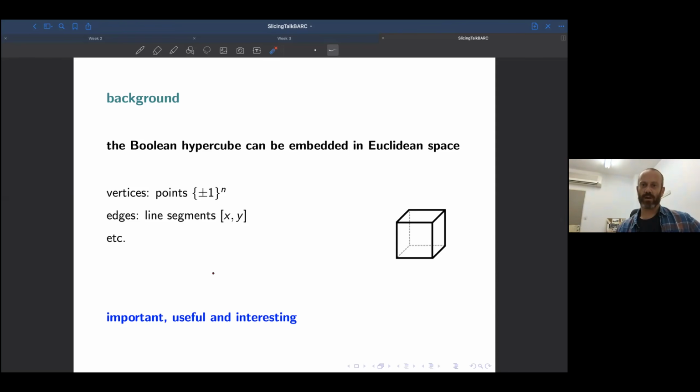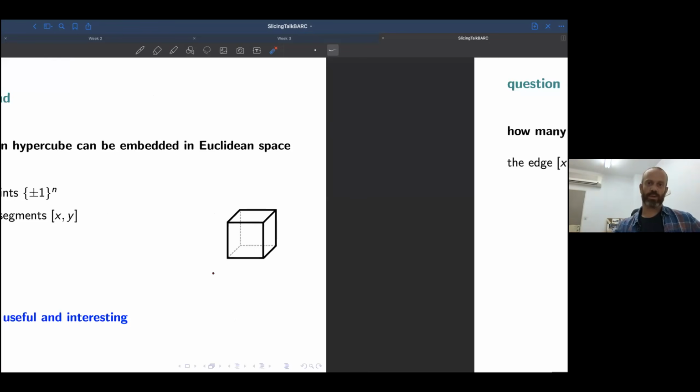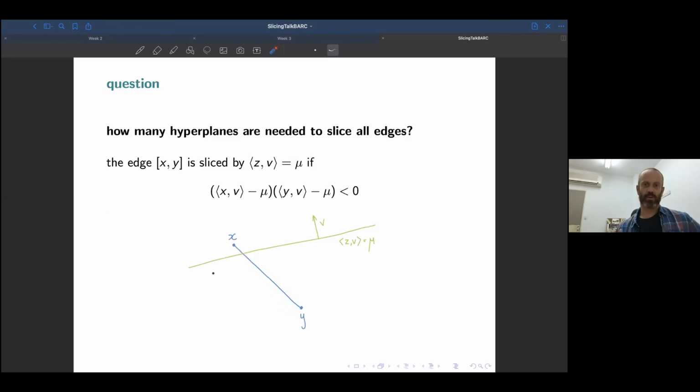For example, this allows us to do optimization over the hypercube because we can do gradients and things like that in Euclidean space, and this optimization allows us to do machine learning and more complicated operations. But in this talk, I'm going to focus on a very, very simple question. The hypercube lives in Euclidean space,